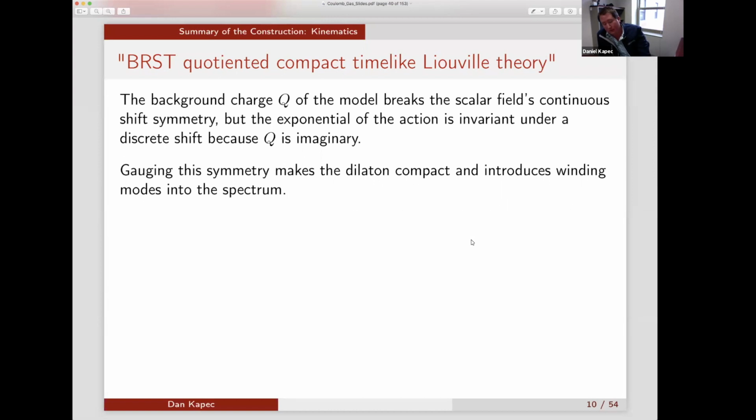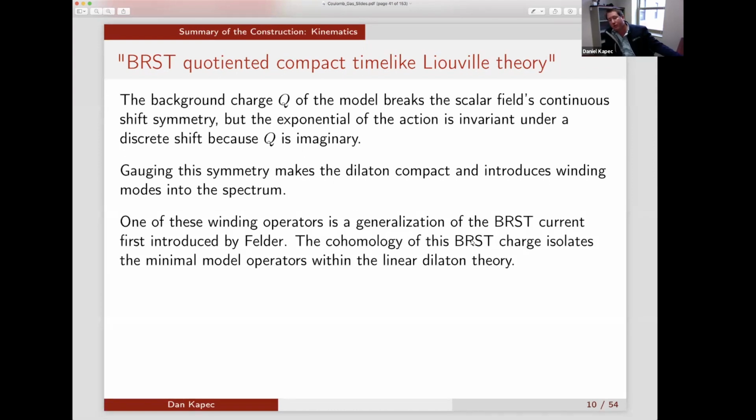So if we gauge that discrete symmetry, that will make the time-like linear dilaton compact, and it also introduces winding modes into the spectrum. And that's going to be important because one of those winding operators will be the right-moving completion of this BRST current first introduced by Felder. And the statement is that the cohomology of that BRST charge actually isolates the minimal model operators, so the irreducible representations of the Virasoro algebra